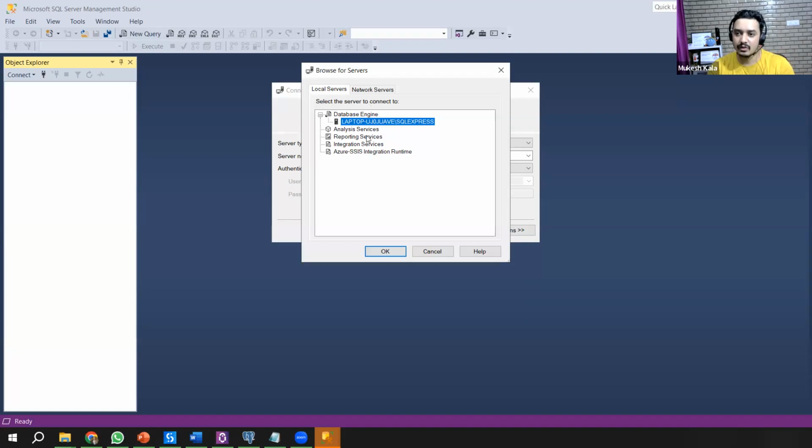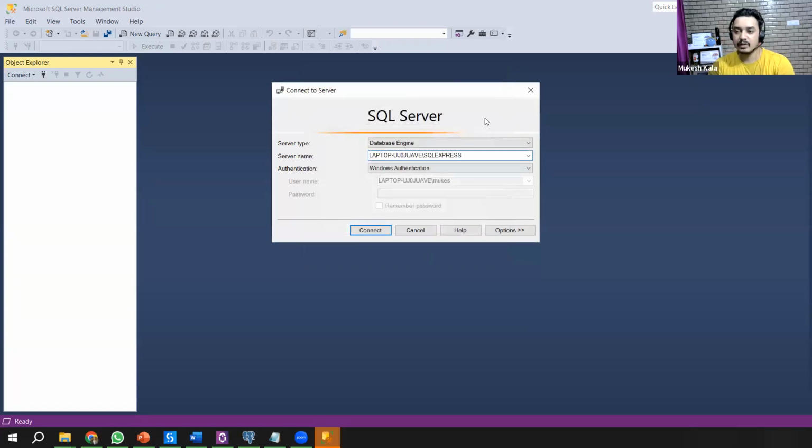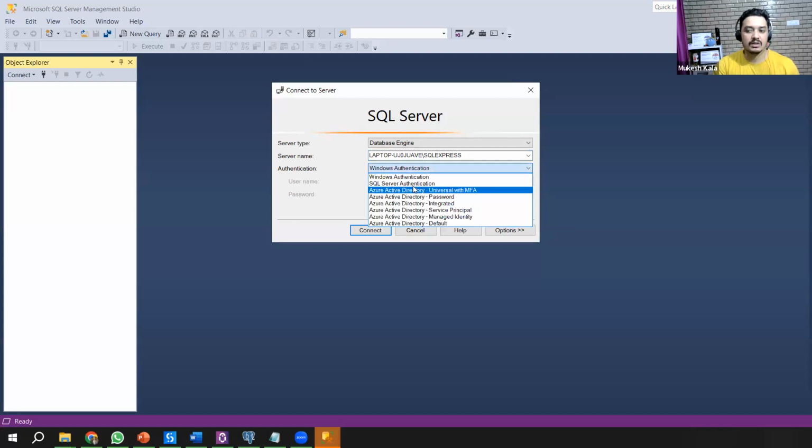That's why it says I am going to use the engine which is installed on this laptop. Sometimes you might be working in a company where you have reporting services, integration services, or Azure, and you can use those. In case you want to connect to a network, you can always use this network instance as well. Now, how do you want to connect to the database? There are two ways to connect to any database. One is called Windows authentication, and then these are the other authentications, Azure Directory and SQL Server authentication. Windows authentication means using the same user ID which is logged into this computer. It's like an AD authentication.